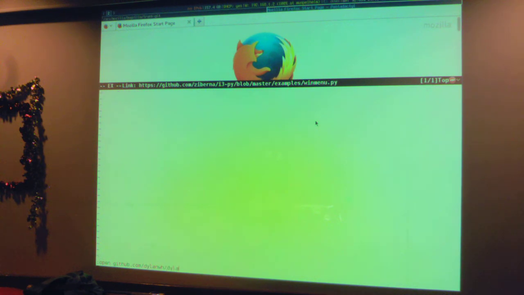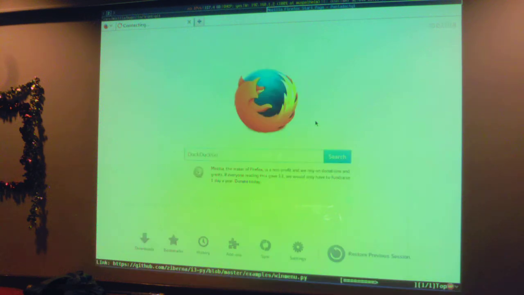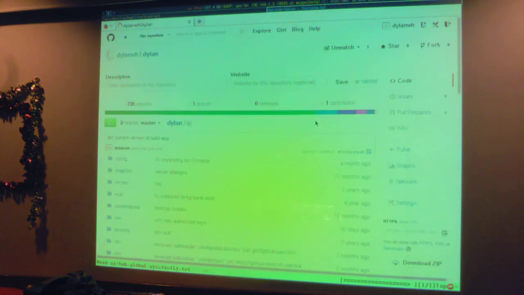What is it called? I don't remember what my repository is called. Oh, it's called Dylan.